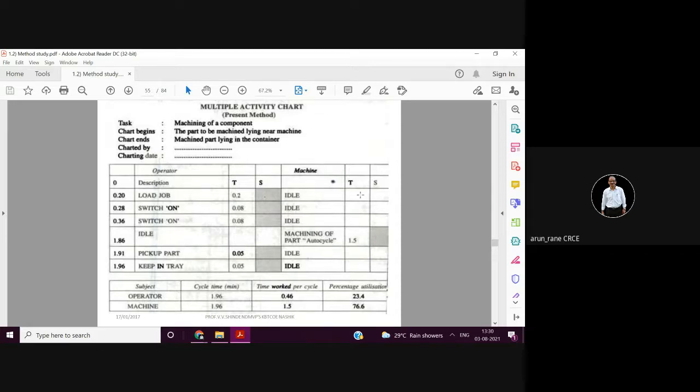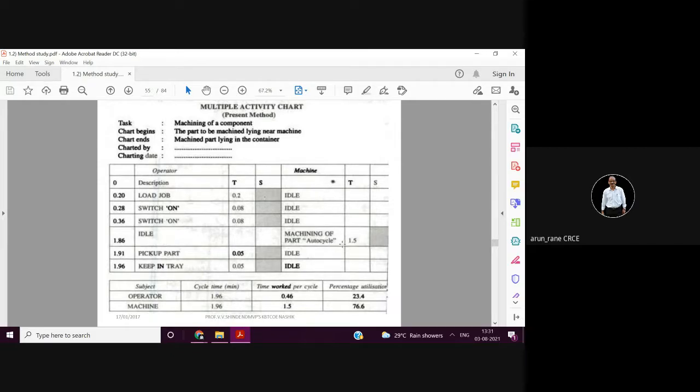This is another example for multiple activity chart, that is machining of a component, the part to be machined lying near the machine. This is where the chart begins and the chart ends: machine part, मतलब हम लोग पहला raw material लिए, that is the beginning, and ending है हम लोग उसको मशीन किए और रख दिए कंटेनर में वापस, that is what your ending is, right. So load the job, machine is idle, switch on, machine idle, 2-3 स्विच कभी कभी दबाना पड़ता है, तो मशीन इज आइडल। जब भी मशीन चालू है तभी ऑपरेटर आइडल है,